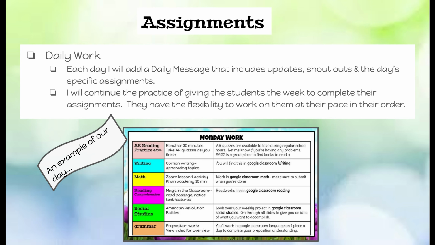Also, generally, they want to do the assignments in order. There's going to be lessons 1 through 4, 1 through 5. They're going to want to do the lessons in order. But as I said, they may do it at their own pace. If Monday's super busy and something came up and they do all their work on Tuesday, there's nothing wrong with that. They can pace themselves.